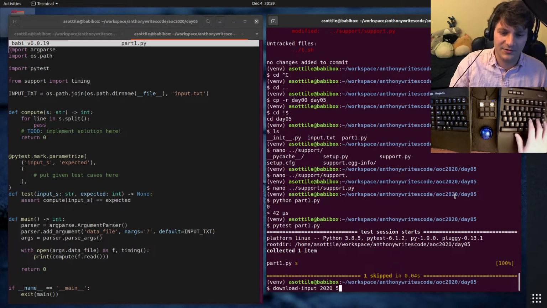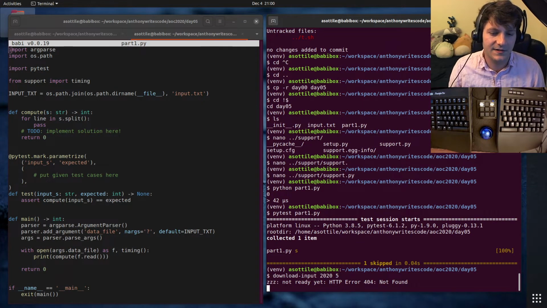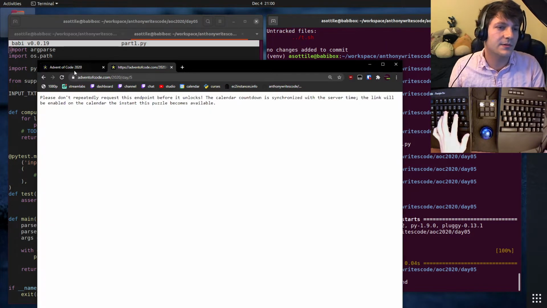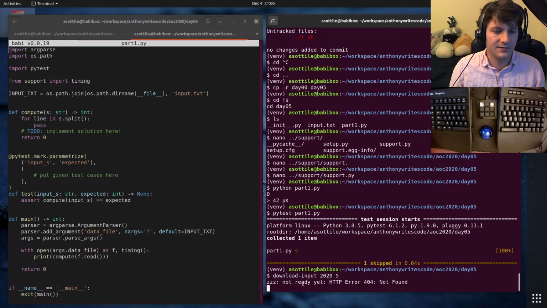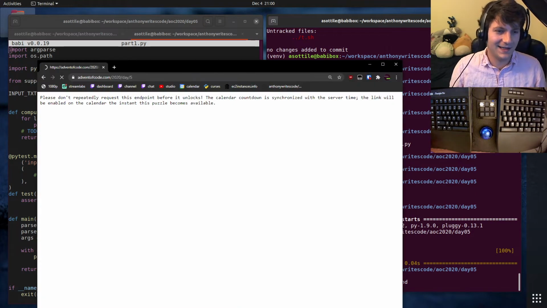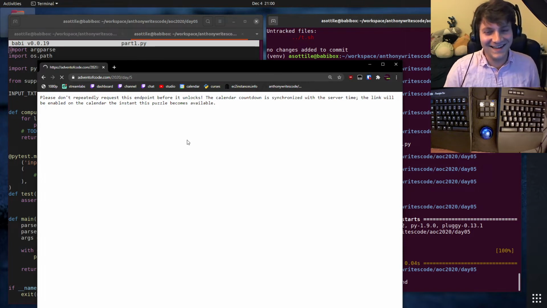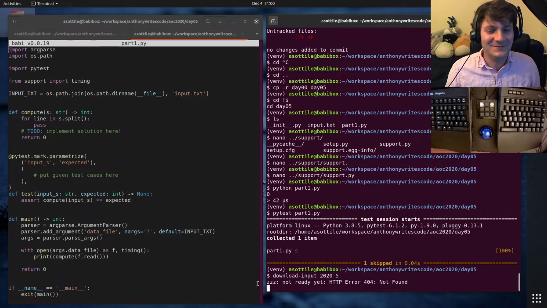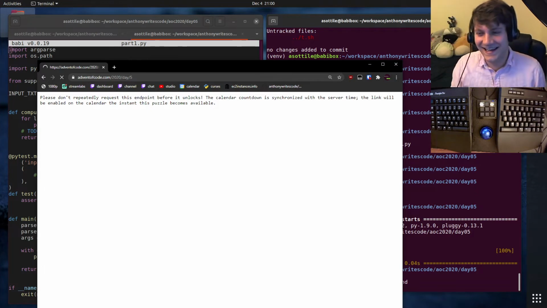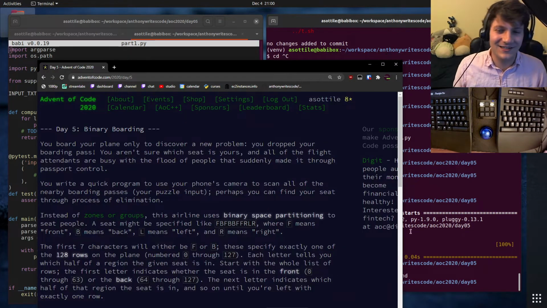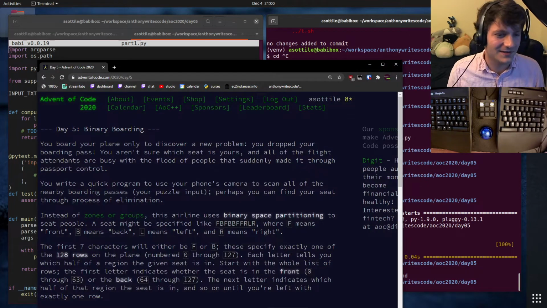Okay, 5. So we should be able to trigger this now and let it do its thing, and we should be able to open this up and refresh, and it is lagging, presumably because everyone else is trying to load the puzzle all at the same time. And 504. Oh, it finally loaded. And this one downloaded too. Okay, perfect.